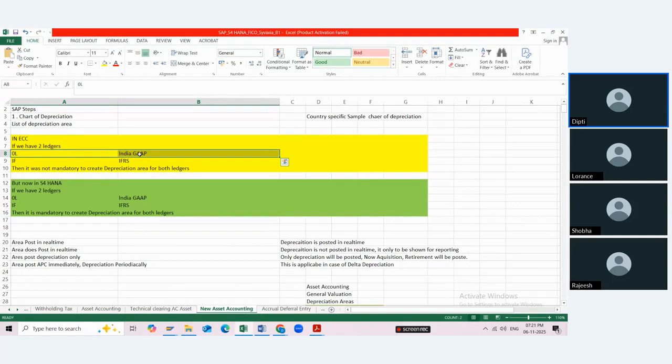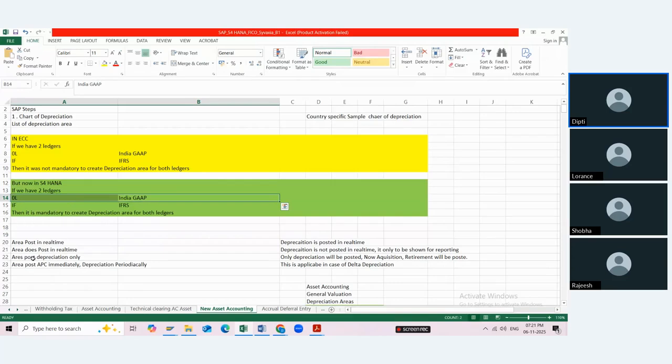But now in SAP S4HANA, when it launched, the system has been done in such a way that whatever you create, you need minimum one ledger as 0L, that is the leading ledger. You have to create this 0L as a leading ledger, and you need minimum one non-leading ledger. For the leading ledger, we always have posting of real-time depreciation areas.